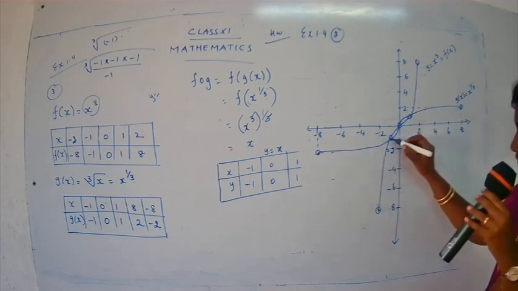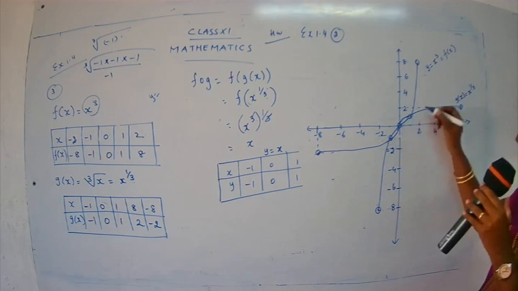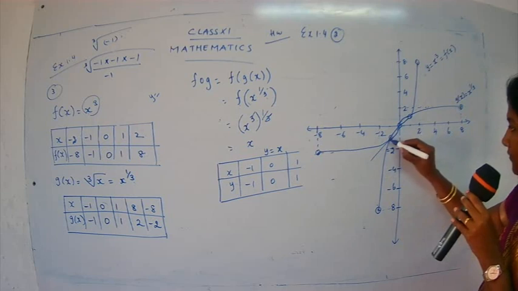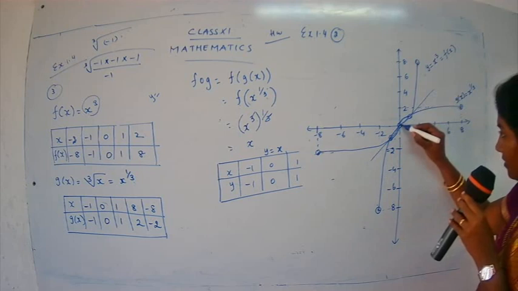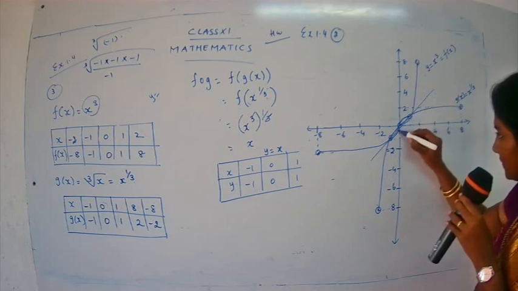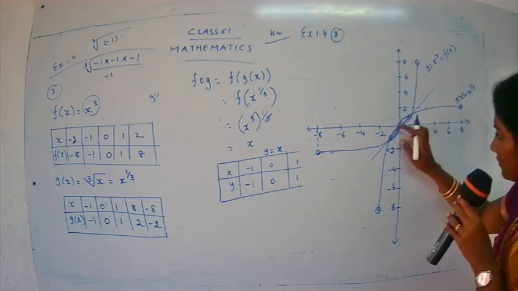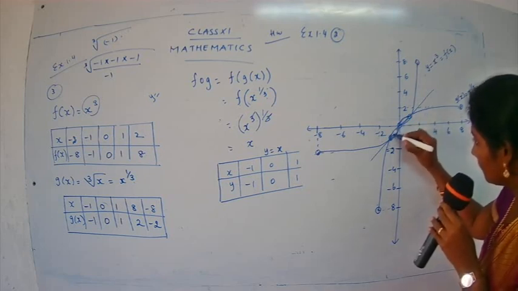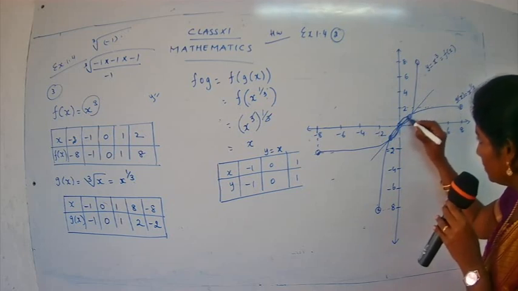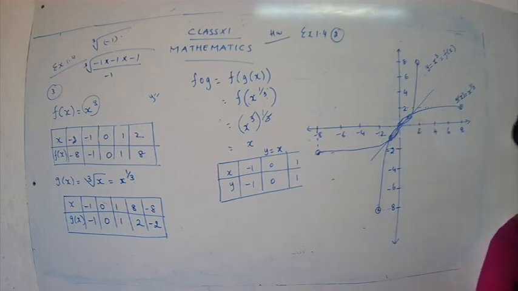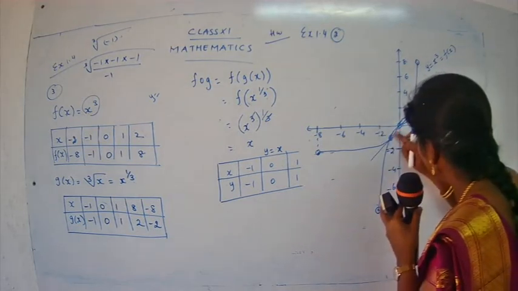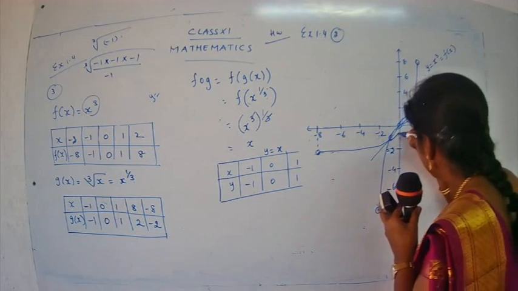One more thing we have to do, we have to draw for FOG. So we know the values, -1, 0, 0, 1, 1, 2, 2. It will be a straight line which will be passing through the wave, so be careful. You will get a straight line passing through the graph, like this.